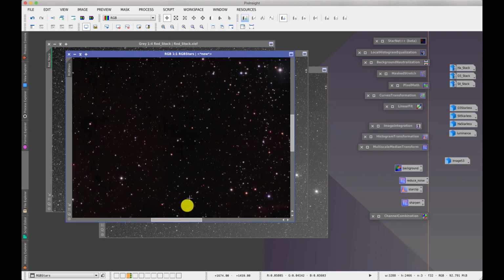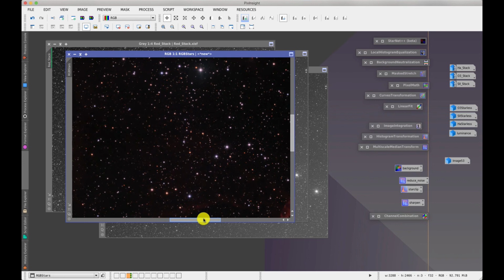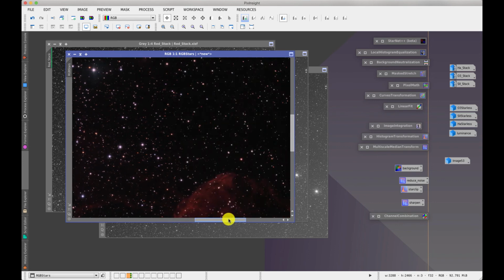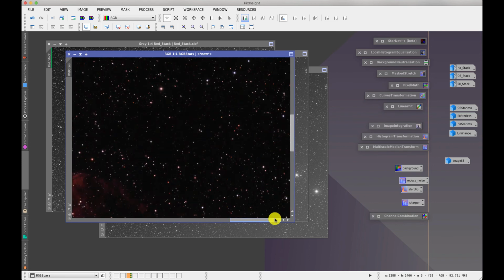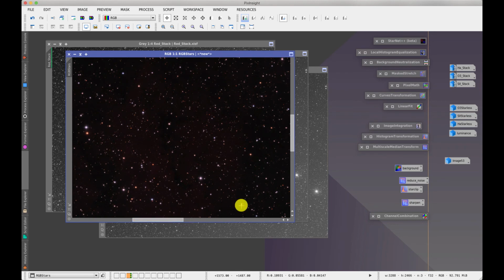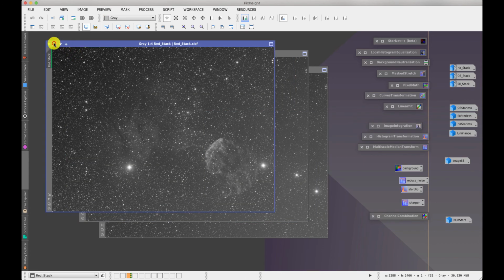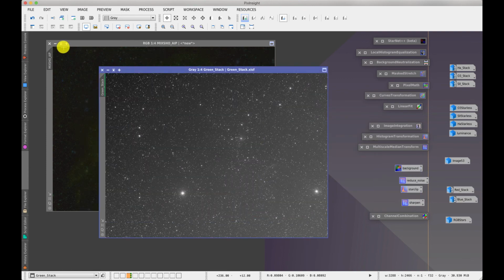And if I zoom in, you can see that the stars have got a variety of colours from red through to blue, which is absolutely perfect. And this will be very easy to combine in with the other image. One way to combine it into the other image is simply to add the two images together. So if I shrink these down for a second,